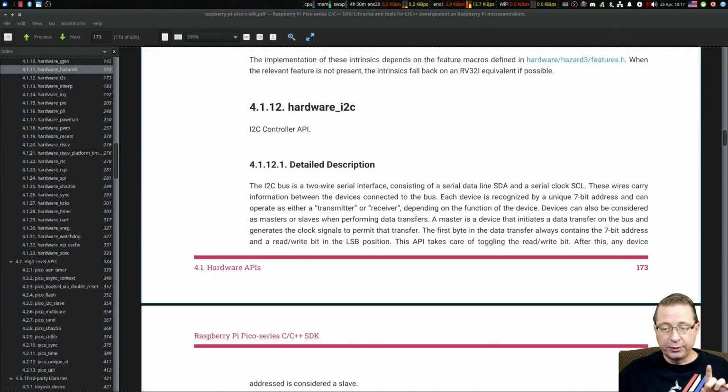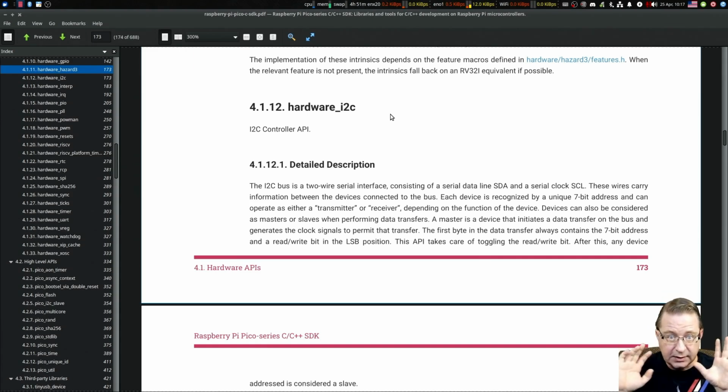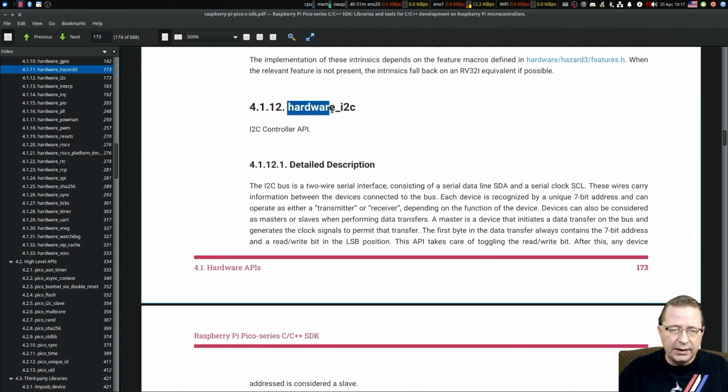The RP2040 we're using in the format of the Raspberry Pi Pico has a lot of stuff going for it. In previous episodes, we've dealt with the PIO, we've dealt with GPIO, we've dealt with the UART. In this particular case, we're dealing with its hardware I2C capability. I2C is a simple protocol, but quite frankly, I don't want to have to deal with faffing about with timings and bit bangings, and I like that this already exists here. And the reason I2C is what we're able to use is because the OLED display we're going to be using